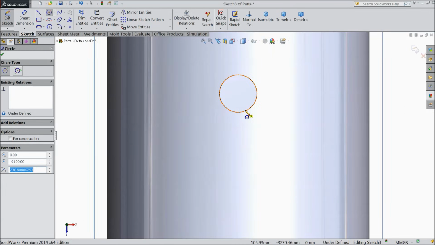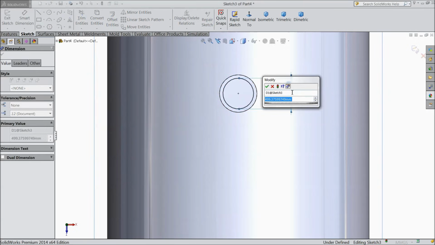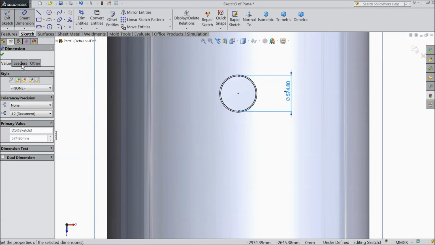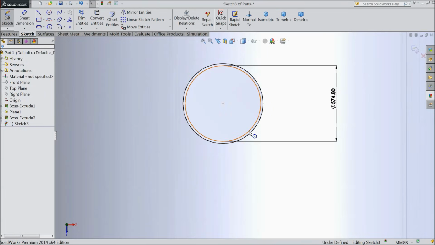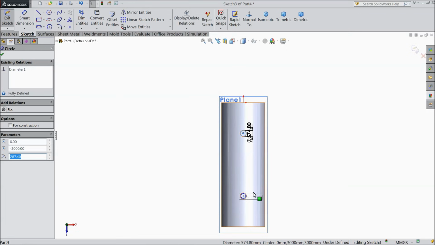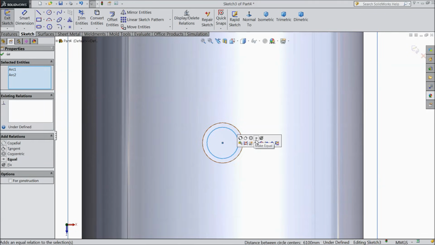Draw a circle here also, and keep the diameter 574.8 mm. Okay, now select this inside circle and the second circle also and make relation equal. Now both equal.